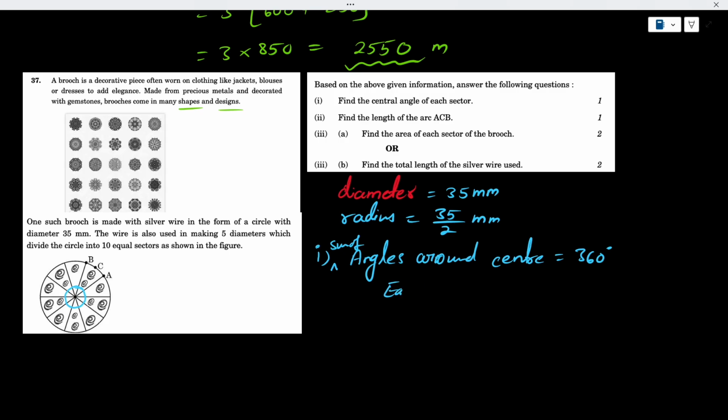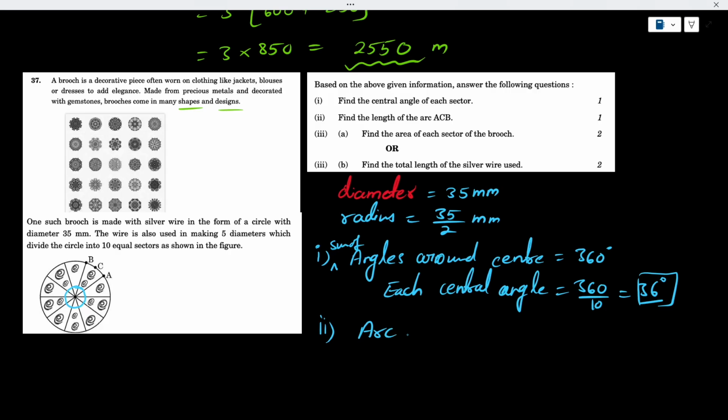So each central angle will be 360 by 10, which is 36 degrees. That is the answer of the first bit. Then what do I need to find out? Arc length ACB, right? Now here, if I take the second bit, the arc length formula is